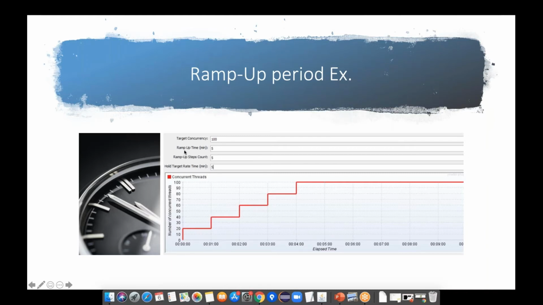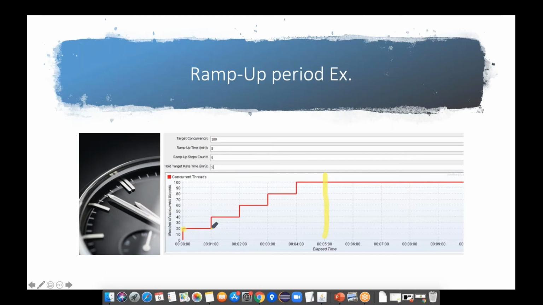So here we are telling ramp up time is 5 minutes. That means 0 to 5 minutes. So 5 minutes is this one, and this is 0 minutes. In 0 to 1 minute, 20 threads started using the application.